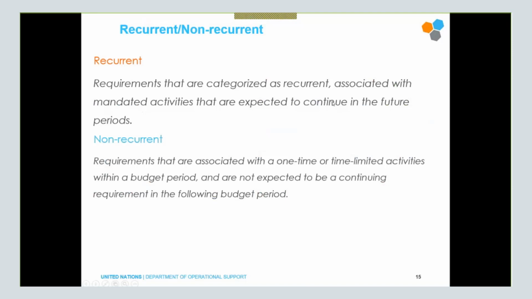So if, for example, we are budgeting for a consultant and it's very particularly linked to a project that we are doing this year, this will be typically non-recurrent. So the next year when we are preparing the budget, the system will prepare a proposal and will not consider the non-recurrent amounts as the start budget.